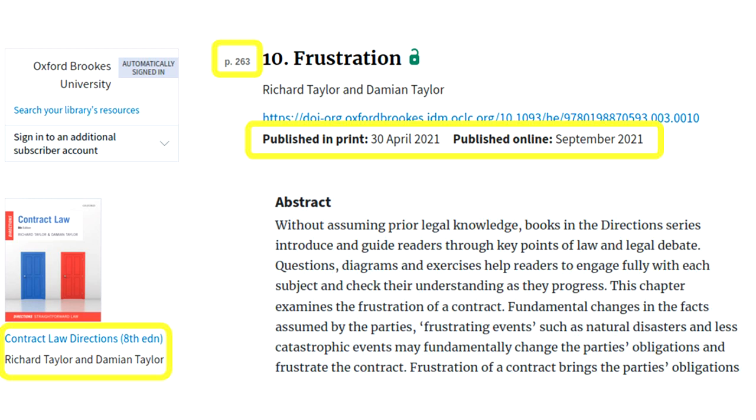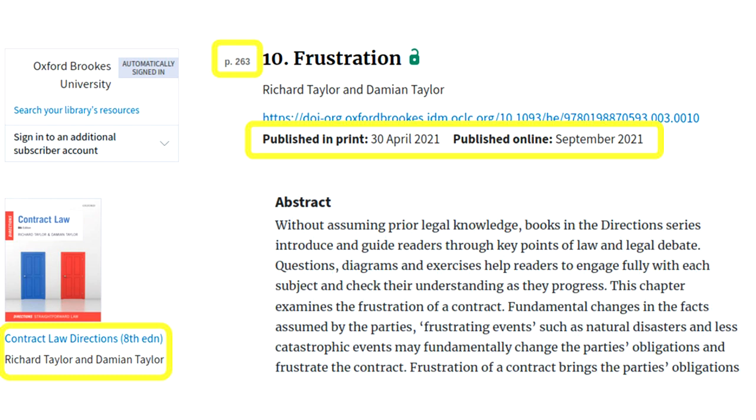If you're reading a book on Law Trove, look down the left-hand side, and there you'll see a little picture of the book's front cover. Under the picture, you will see the name of the author, or the two authors in this case, as well as the title of the book. If the book is on a second or later edition, then it will tell you here too. See how this book is on its 8th edition. So that's 3 bits of information that we need for our footnotes. What else?